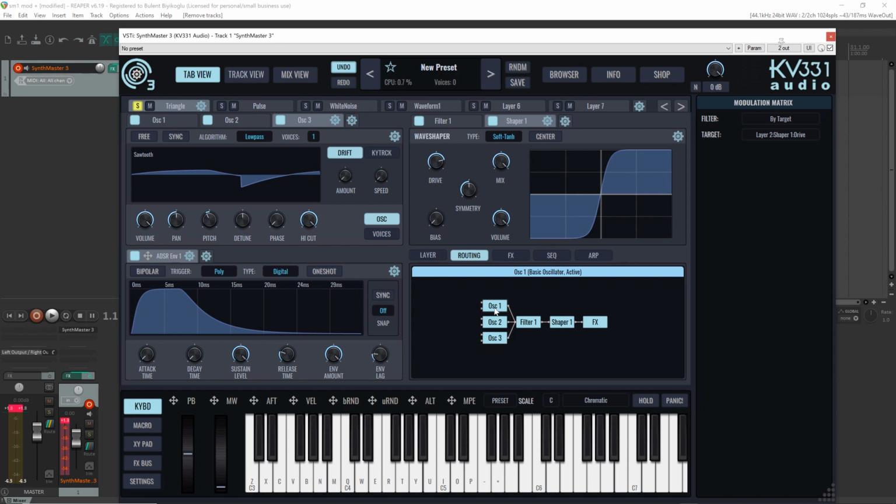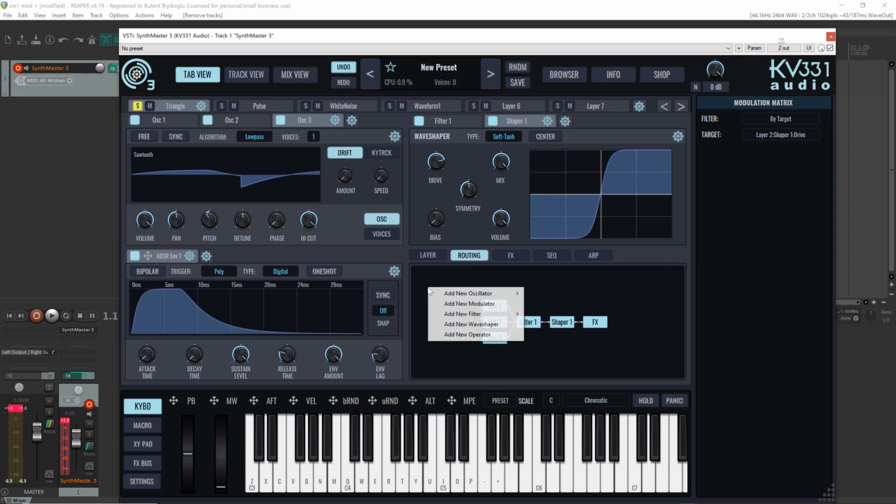each module has its own specific context menu. I just right-click on the module to see what we can do with this module. For instance, I can replace this oscillator with another type of oscillator, or I can remove it. These are all possible. To show the modularity, I will now add